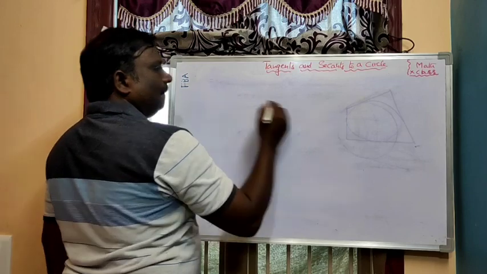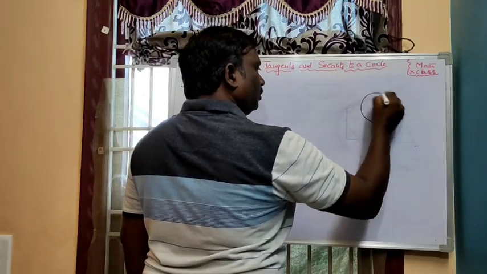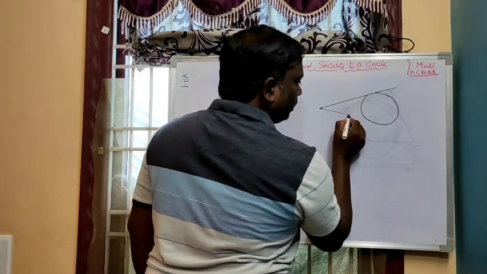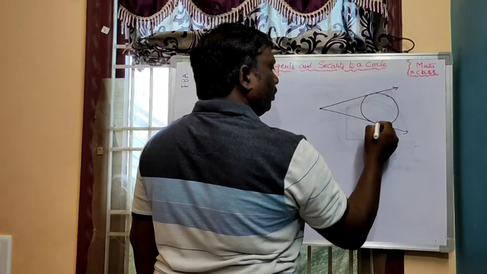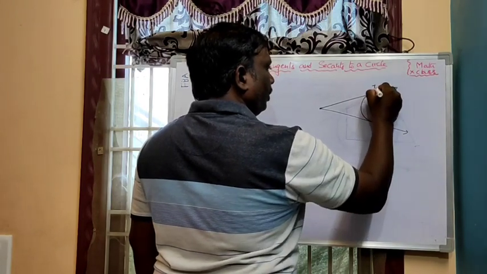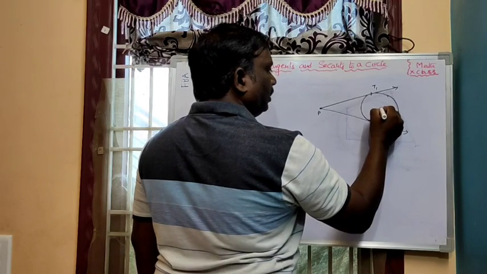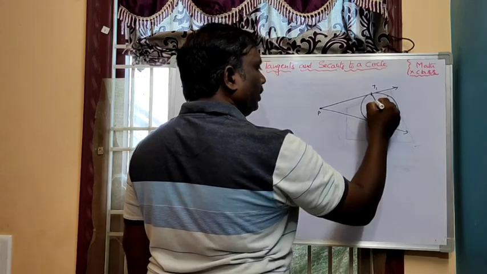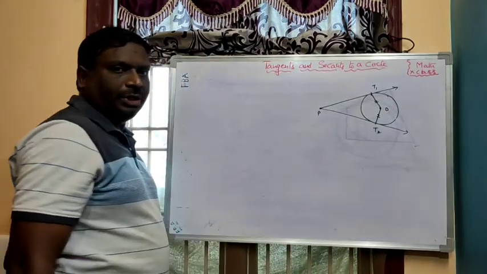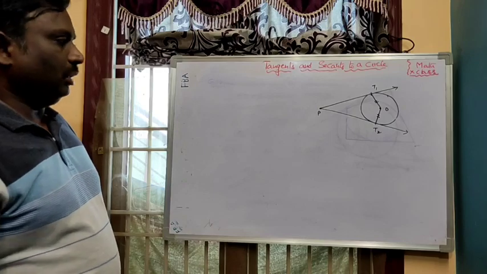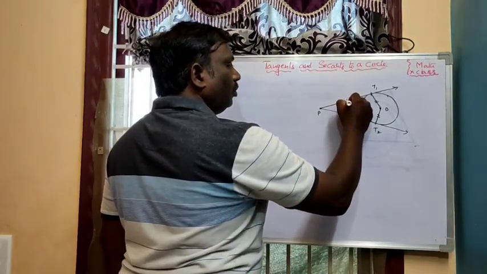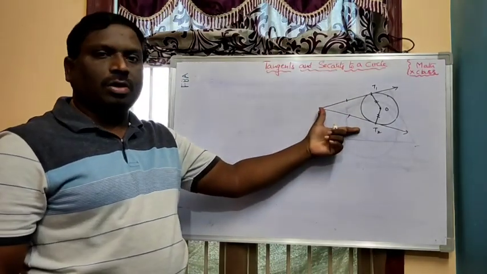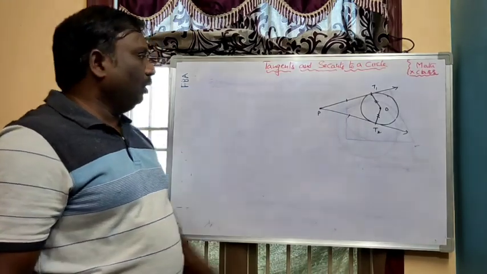Lengths of the tangents drawn from an external point to the circle are equal. This is one tangent to the external point, and this is another tangent. T2, T1. This is P. The center of the circle is O. This is a radius and this is also a radius. Both radii are equal, since in a circle all radii are equal. We need to prove that the lengths of the tangents, that is the distances PT1 and PT2, are equal.